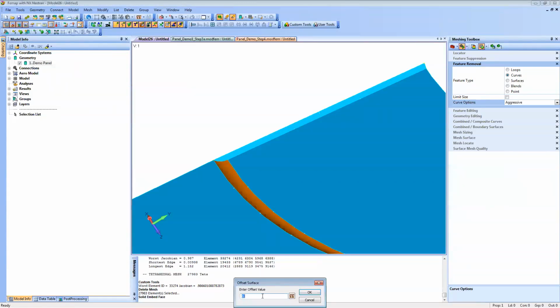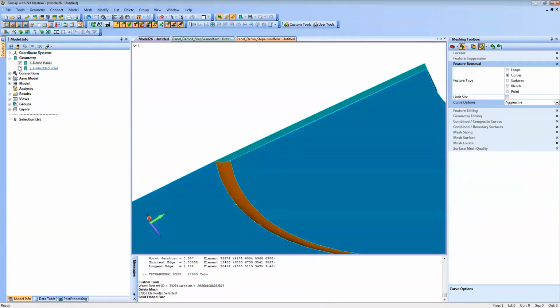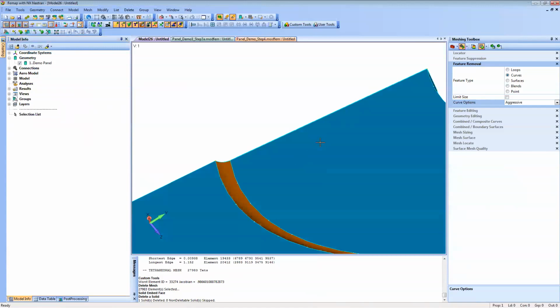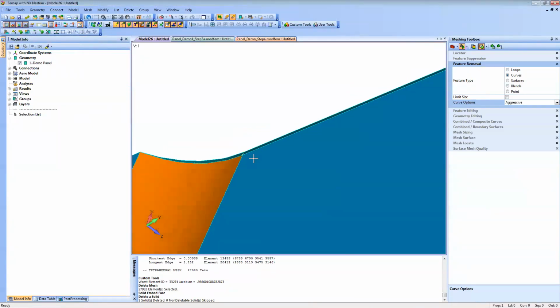Okay, let's give it an offset of 1. So we see how we created this extra solid here. We don't need it, so we can just go ahead and delete that solid by right-clicking and delete. Okay. So now if we zoom in on this region, we see we have these extra curves that we don't